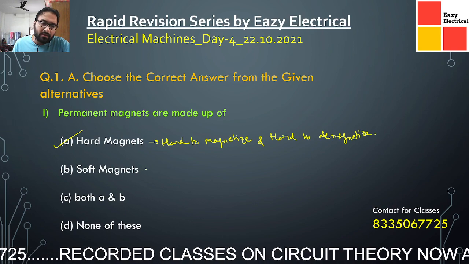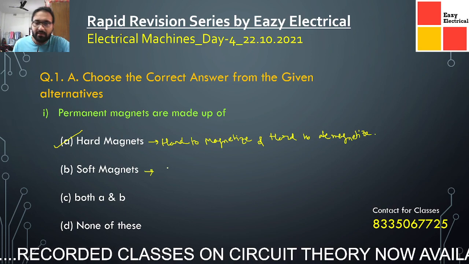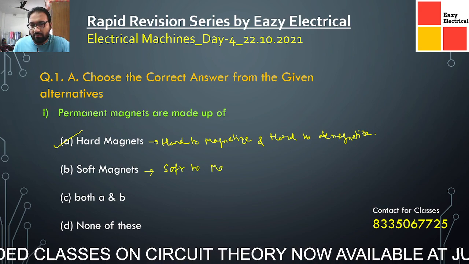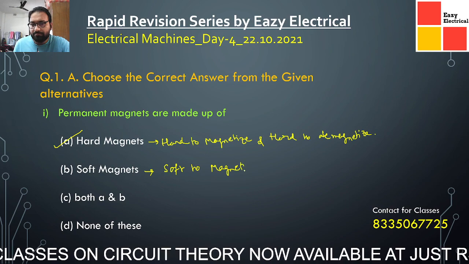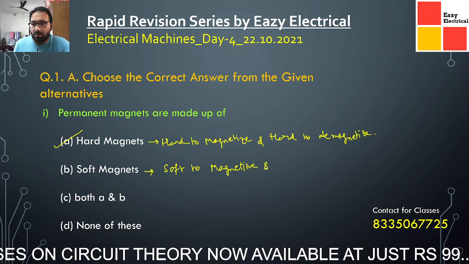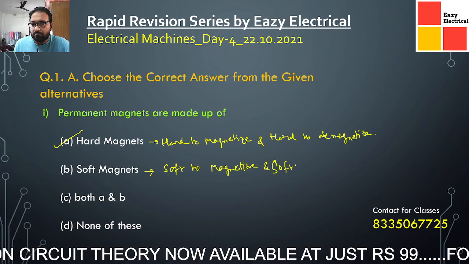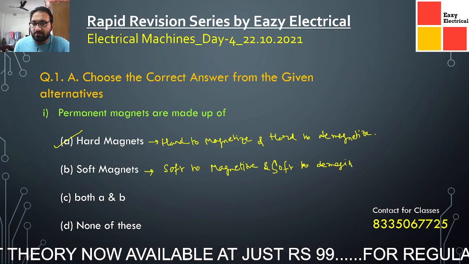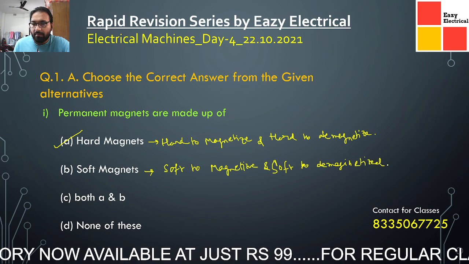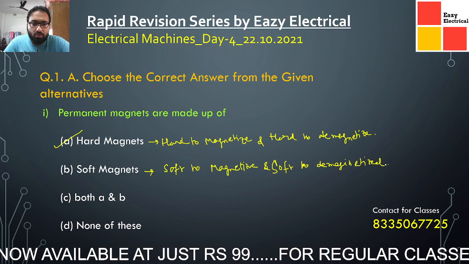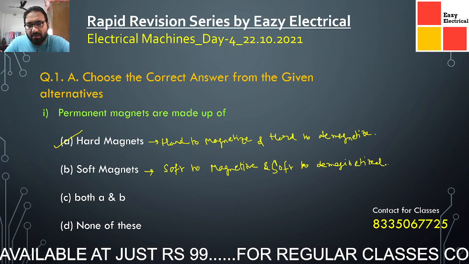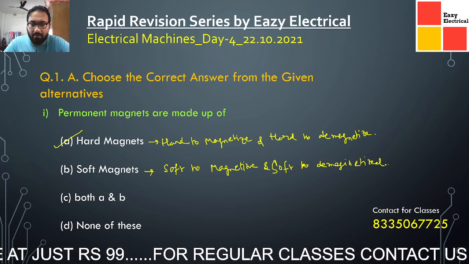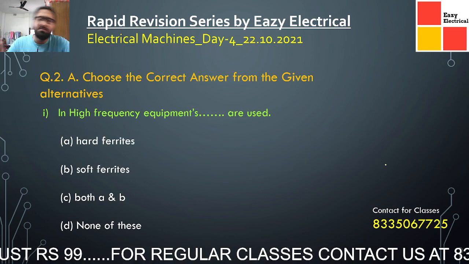And similarly, if we define soft magnets, they are soft to magnetize, very easily we can magnetize them, and soft to demagnetize. That means very easily they get demagnetized also. So in the case of permanent magnets, we need a material which is hard to magnetize and hard to demagnetize. Now in high frequency equipment,